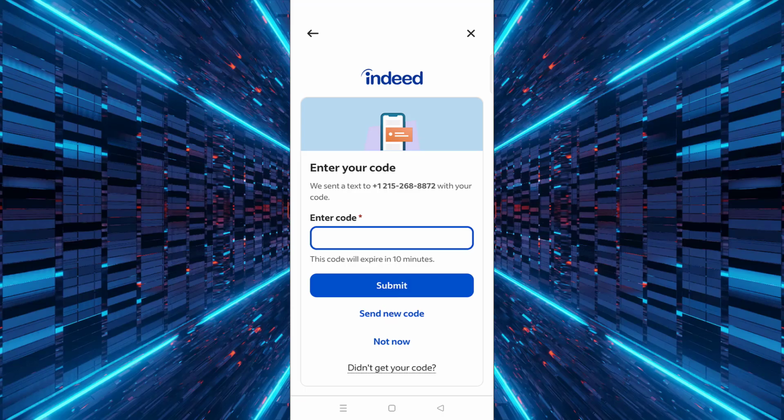Once submitted, your phone number will be updated successfully in your Indeed account, and you will continue to receive notifications